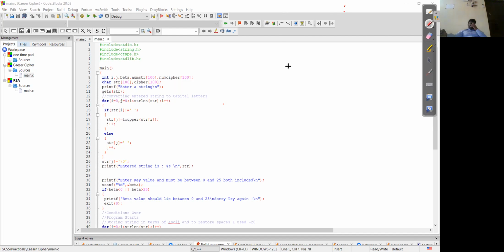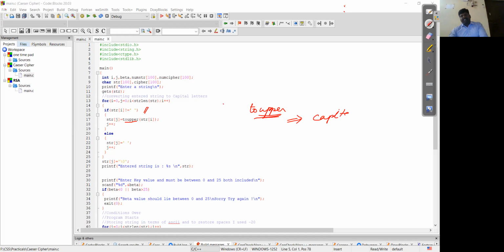And followed by that, whatever string you are getting, all this string, using toupper. toupper is the function through which the small letters are converted into capital letters.